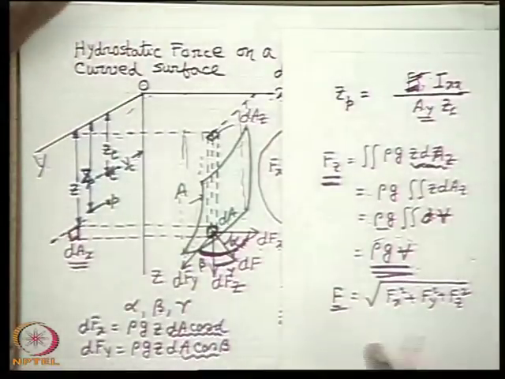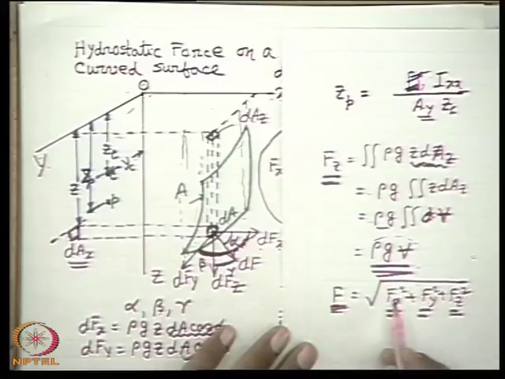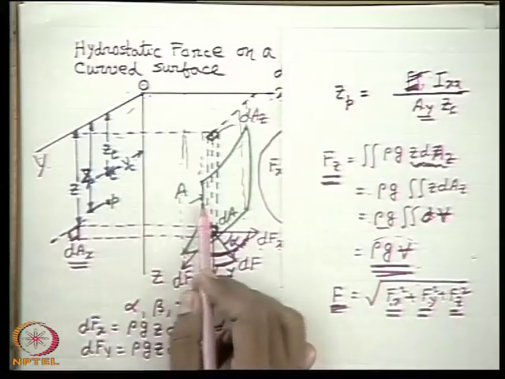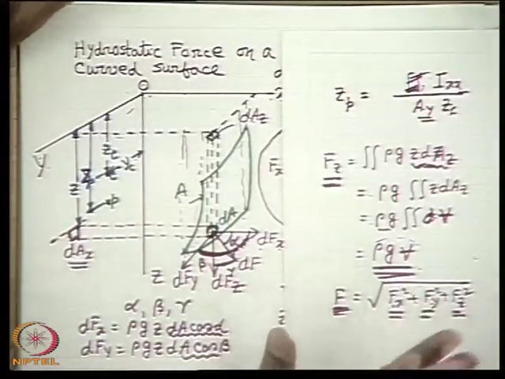However, we can find out that this is the resultant force whose direction can be found out if I know the magnitudes of Fx, Fy, Fz, and whose magnitude is found out by vector summation of Fx, Fy and Fz, and whose point of application is found out by finding the point of application of all the three forces.